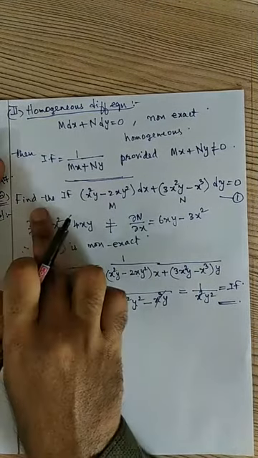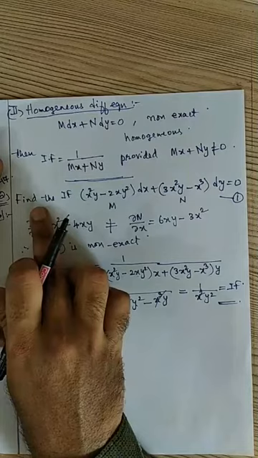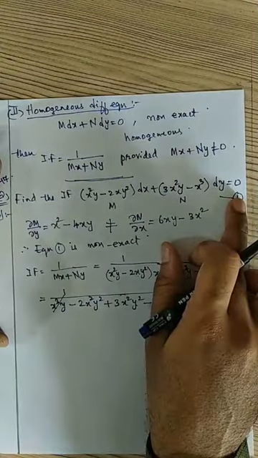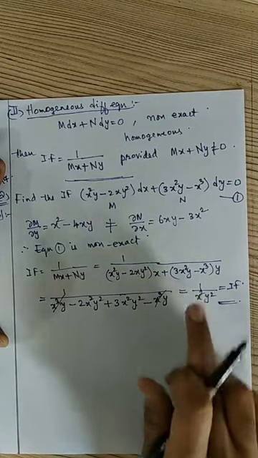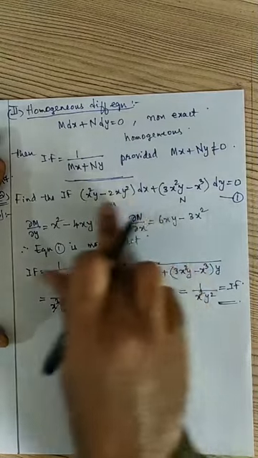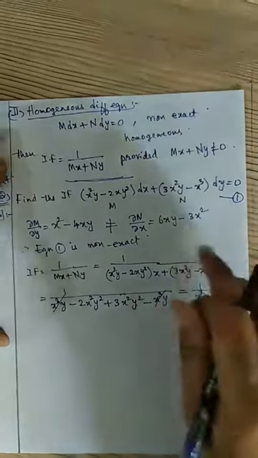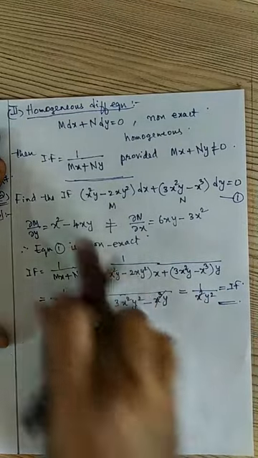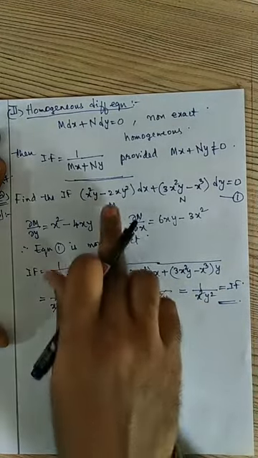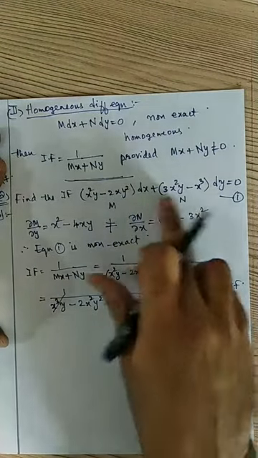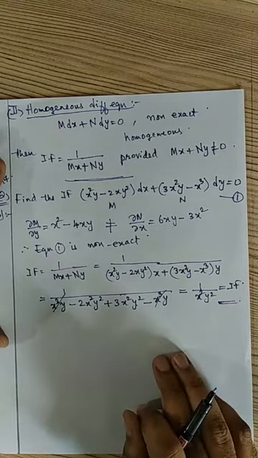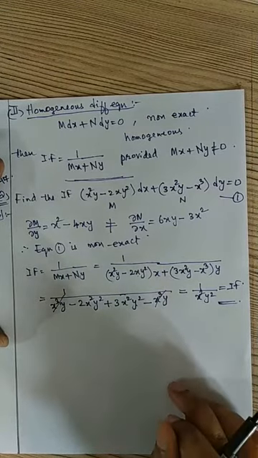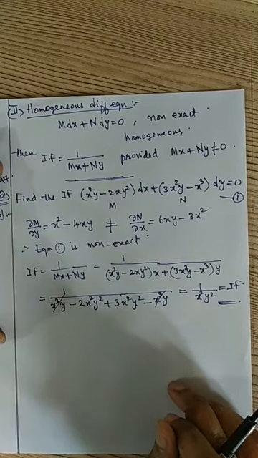Since the question is like find the integrating factor, you have to find the integrating factor and leave. But if the question is, instead, solve this differential equation, then first we have to find the integrating factor and multiply it, that is 1 by x square y square, to the given non-exact differential equation. Then that will become exact. So if you multiply, x square y by x square y square minus 2xy by x square y square, like that the remaining terms. After doing that, the equation will turn into an exact differential equation, and we know how to solve the exact differential equation. Just now we have seen the revision of exact differential equation. Hope you have understood this.